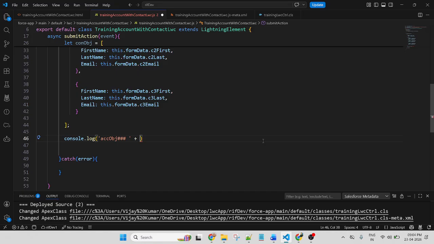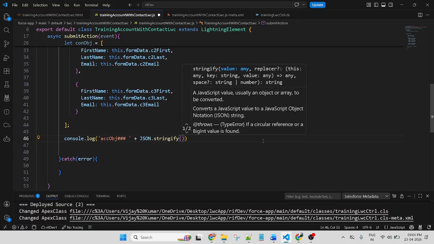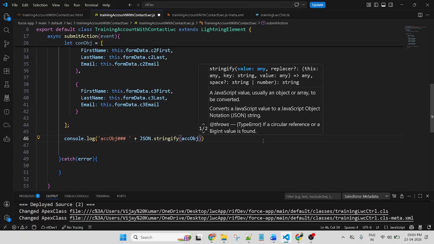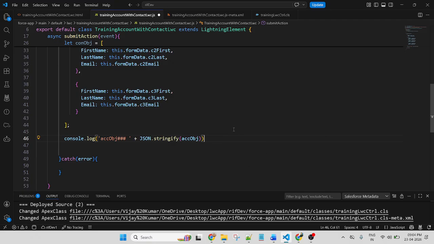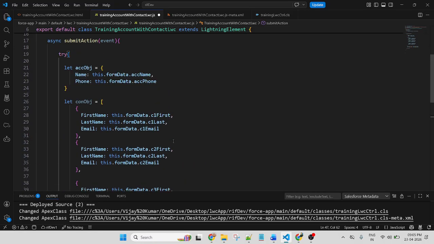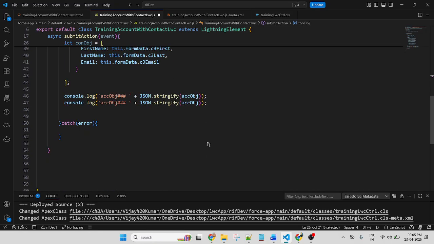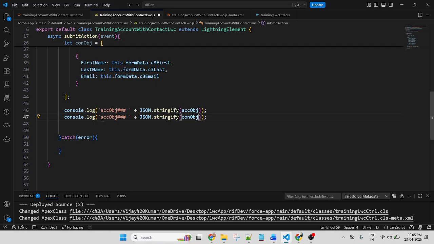Use JSON.stringify. It will display the string inside the object. Now copy and paste for the contact object. This is the account object, this is the contact object. Now let me save and deploy the code.